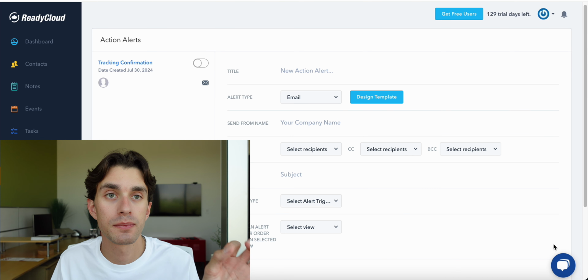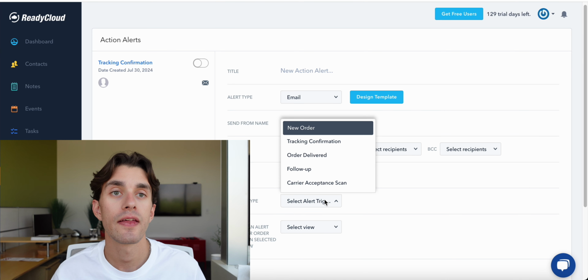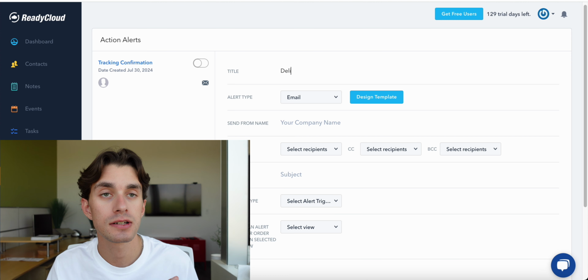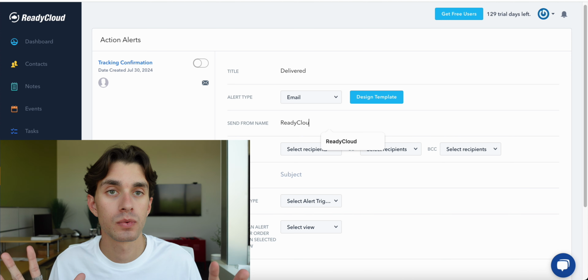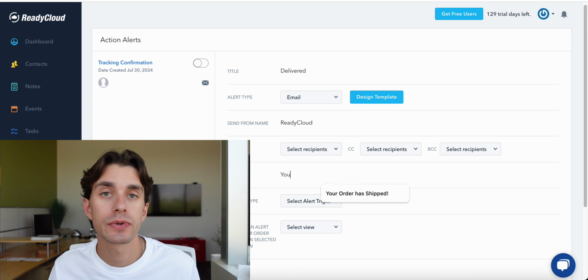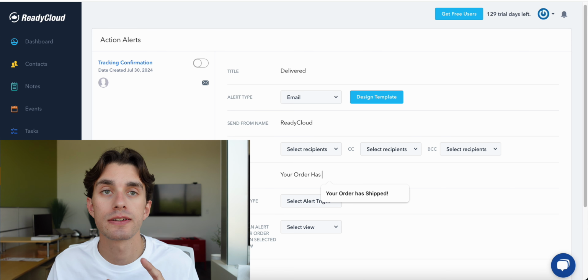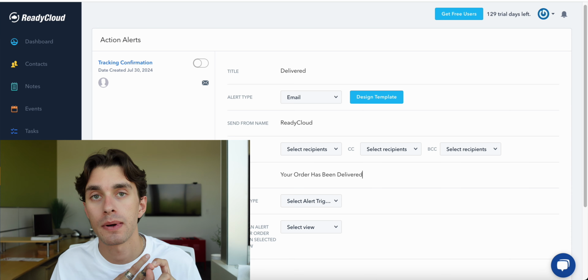First thing you're going to do is press the little plus in the bottom corner. This will allow you to create a name for the action. It could be something like tracking or shipping notification, anything that would help you remember what it's for. And here's also where you can choose the alert type, so if you want it to be an email or a text, however you would like it to be delivered